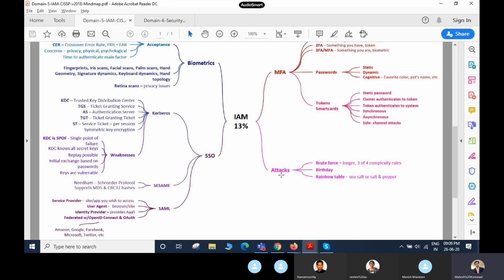So you are doing a backup, you are doing some encryption, because your data is going to be moving. Your data is moving from client to server end. So a man in the middle attack can happen. Session hijacking can be done. Password attacks can be done. So then multiple attacks will be there. So you need to understand the examples. You need to understand different use cases of the companies.